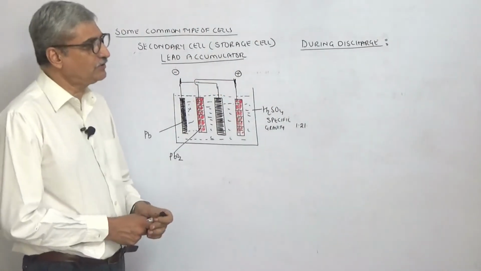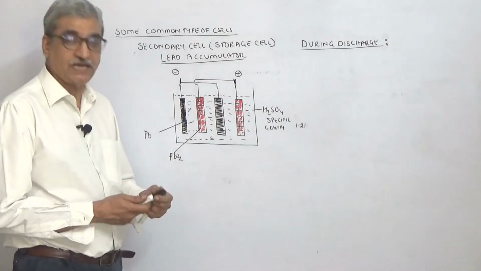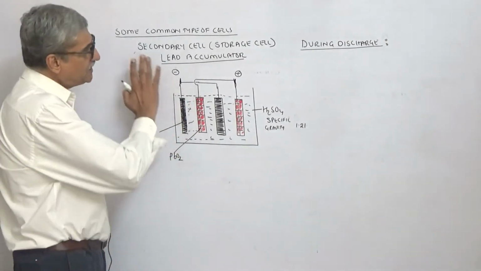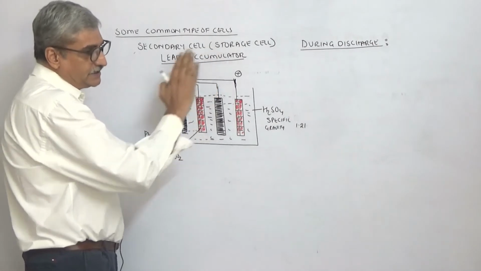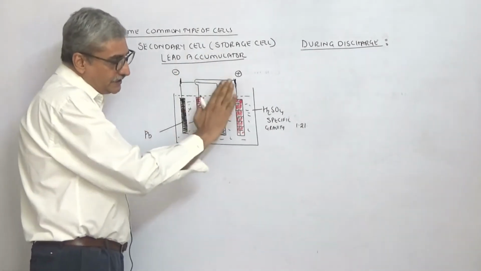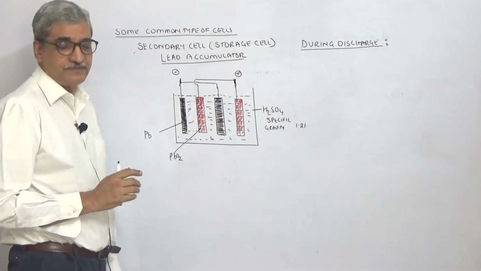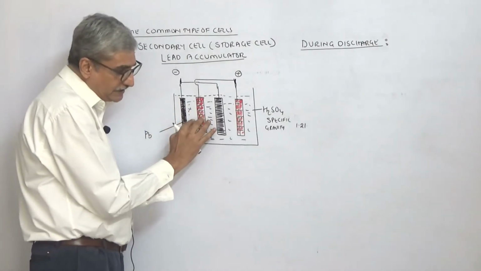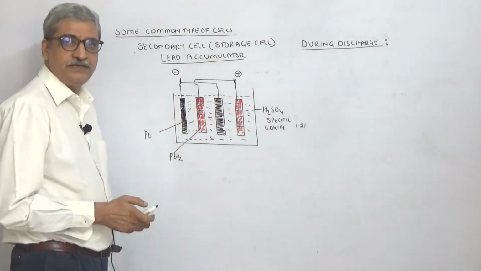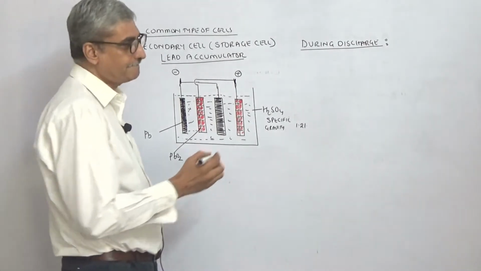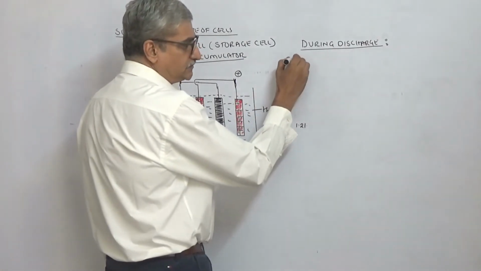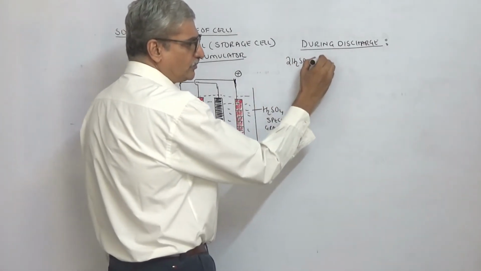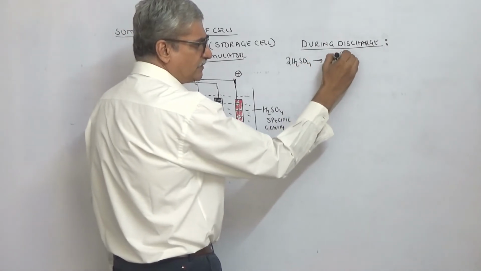So, talking about what happens during discharge. This is how the secondary cell is arranged, it is ready for discharge. That means now chemical energy is going to get converted into electrical energy. So what do we have? 2H2SO4 forms 4H+